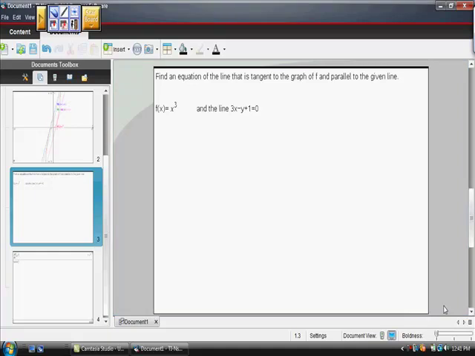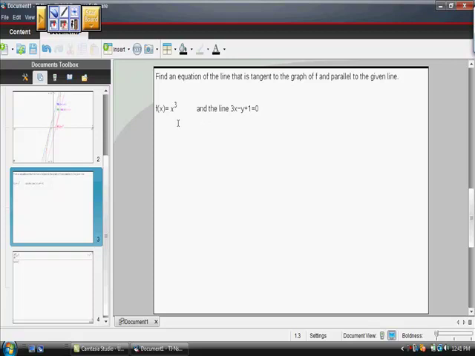All right, so here's a question I think you could find on one of the calculator sections of the AP Calculus AB exam. It says, find an equation of the line that is tangent to the graph of f and parallel to the given line. The function they give us is x cubed. And the line they give us is in this weird form: 3x minus y plus 1 is equal to 0. So what we know here,